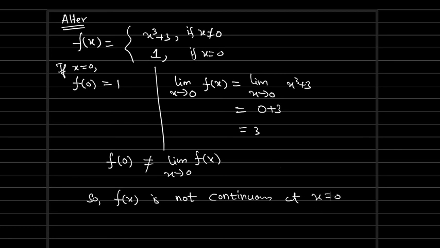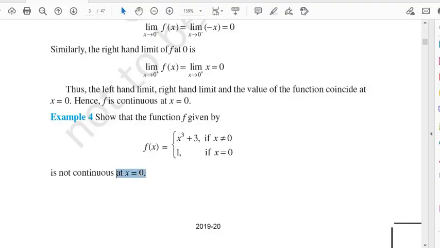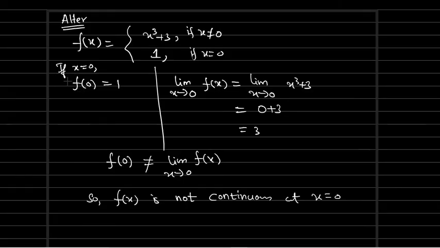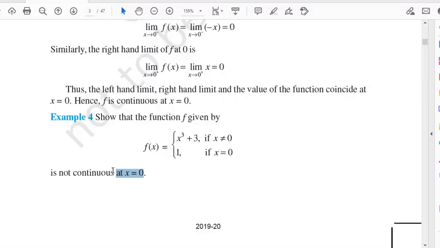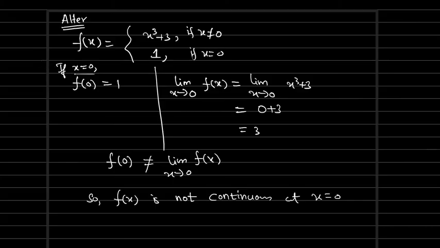At x equal to 0 alone we are testing, as per the given question. That's the reason we substituted 0 as x approaches 0 only. At any other point we didn't test, and not because of the if condition. Because of this statement, at x equal to 0 they are asking us to show that the function is not continuous. That's the reason we are taking x equal to 0 and the limit as x approaches 0, because of that only, not because of the if conditions. And thank you.